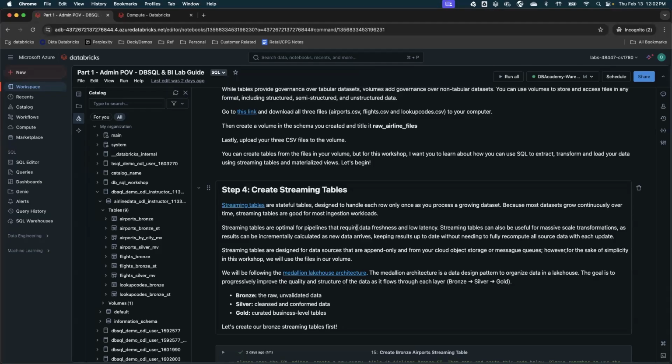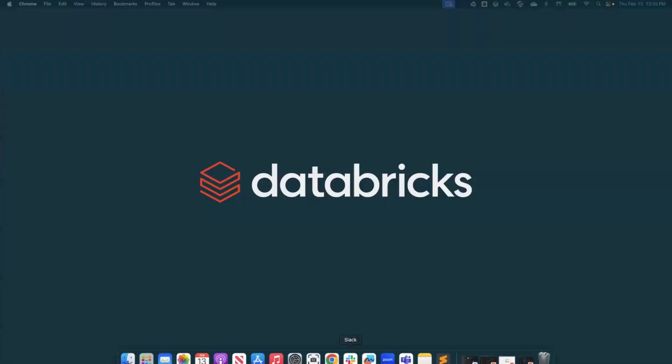Now what we want to do is build a medallion architecture, which is nothing but building a bronze layer, get data as it is, clean it up, and then build a gold layer where you will have curated data available for business users. Now, once the data is coming in, let's start with the streaming table, right? Going back quickly.